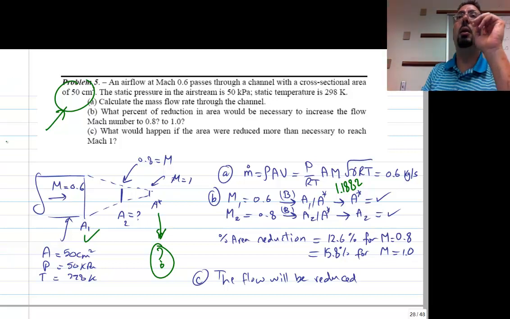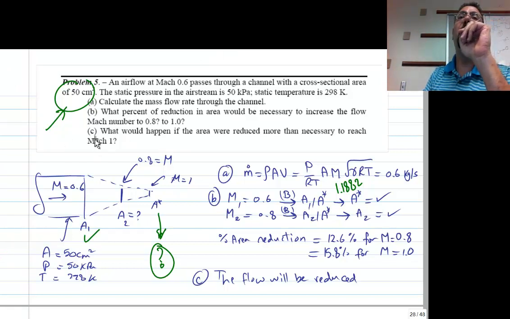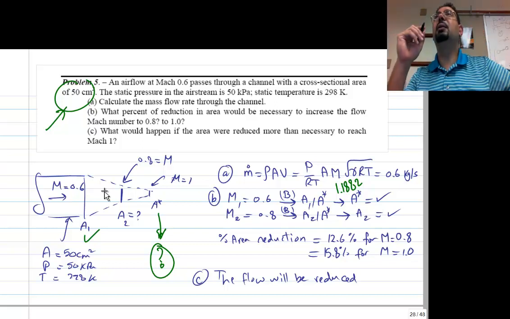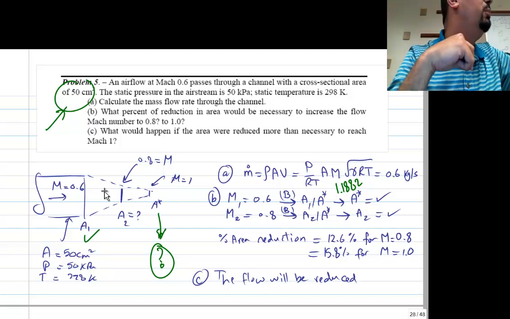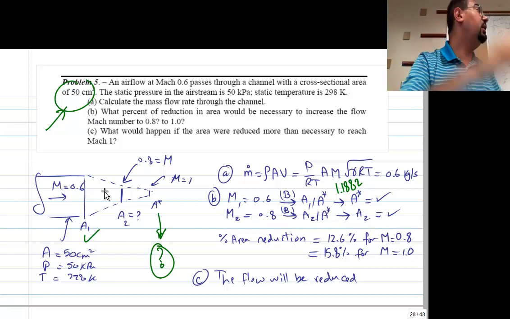Now, part C would be hard actually, so let's answer the other one first. What area reduction is needed to actually hit 0.8, not 1, just 0.8? You want to go to 0.8. How do I do that? Take your same A star and calculate for A2. Very good. And so what Bob said, to calculate the area that will hit Mach 0.8,